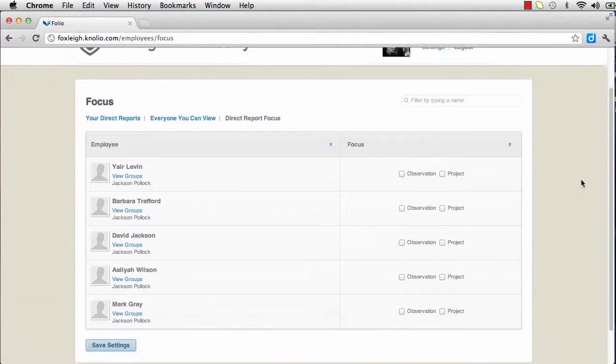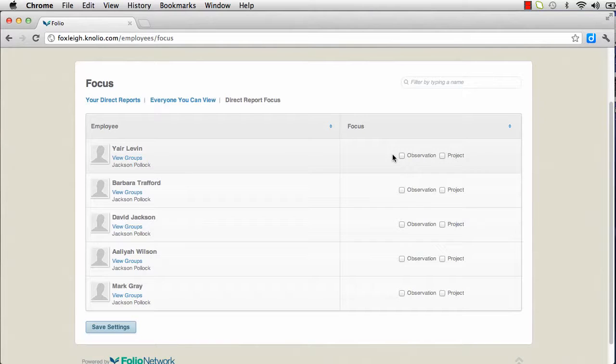That's going to bring you to a new screen where you have the opportunity to make choices for each one of your team members. You can select an observation, you can select an observation and a project, or just a project, or you can decide to just give people the year off if you are working on a multi-year observation schedule, or you've had some people do some projects in the years past and you're working on more in a cyclical nature. You can certainly use this to guide your work. Once you've made your choices, click on Save Settings,